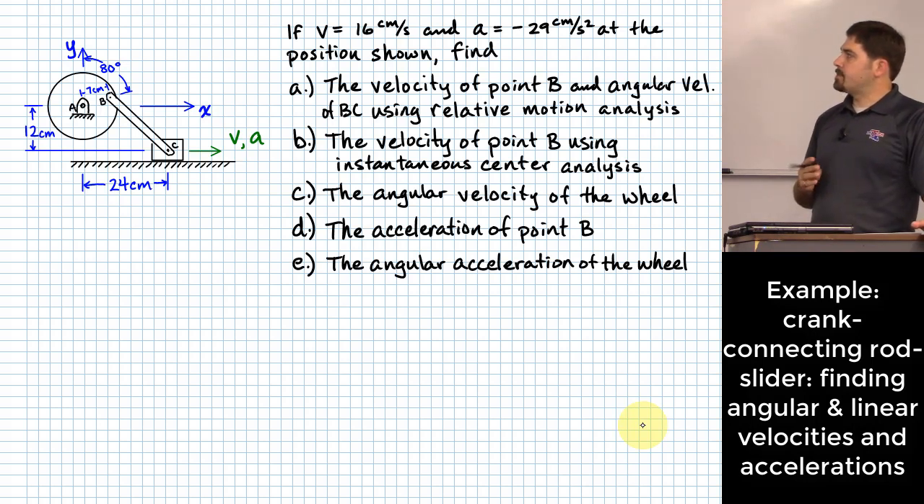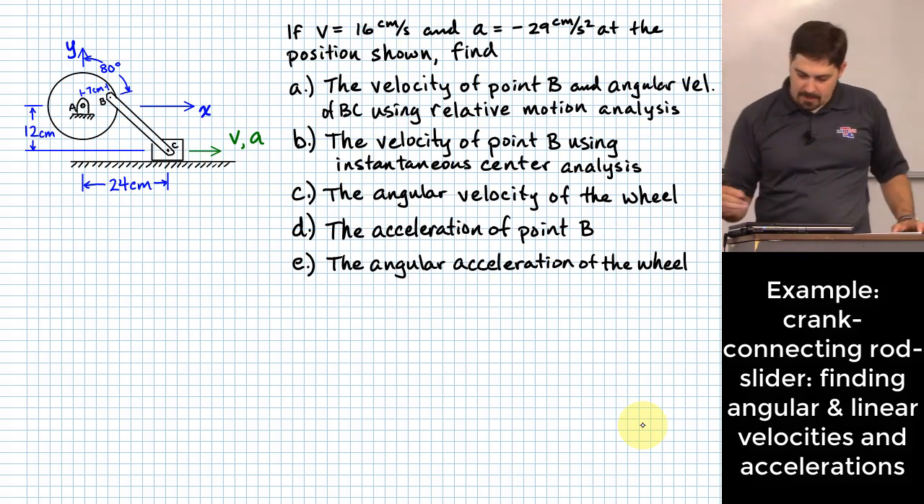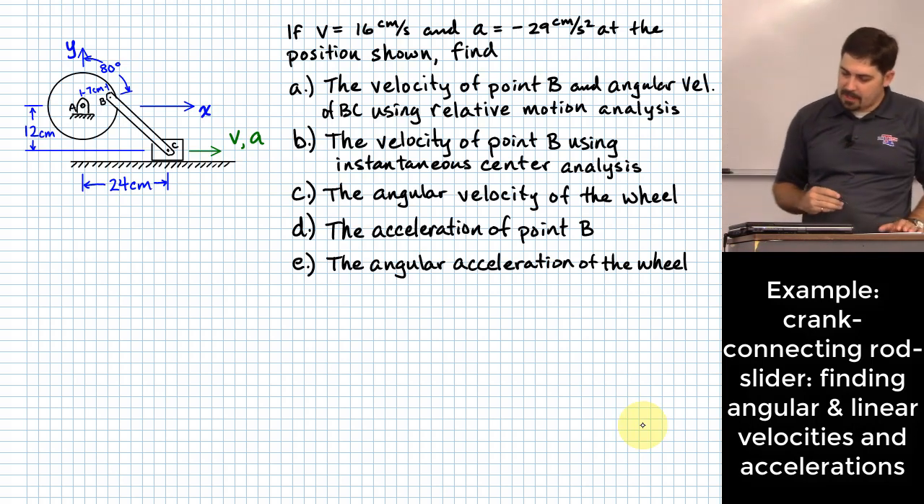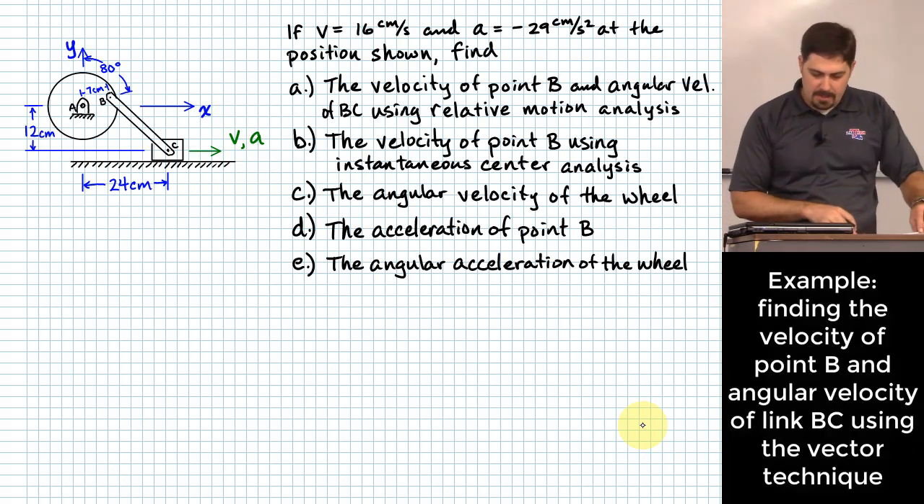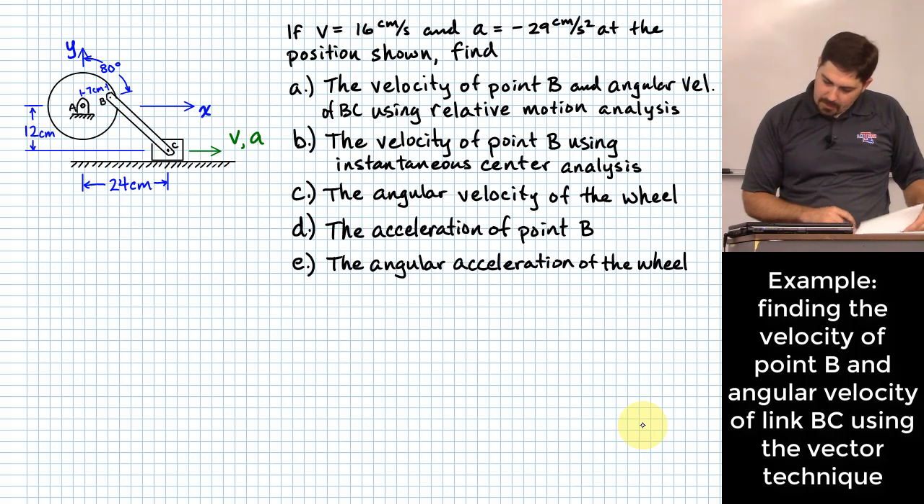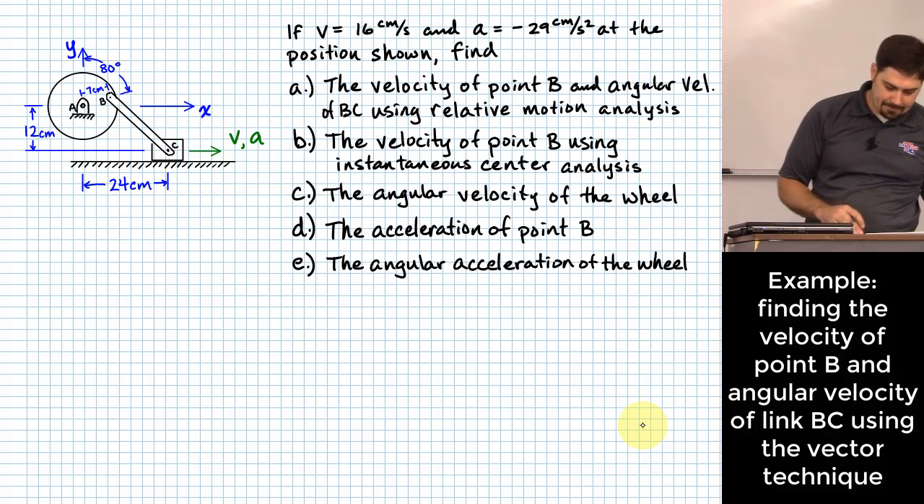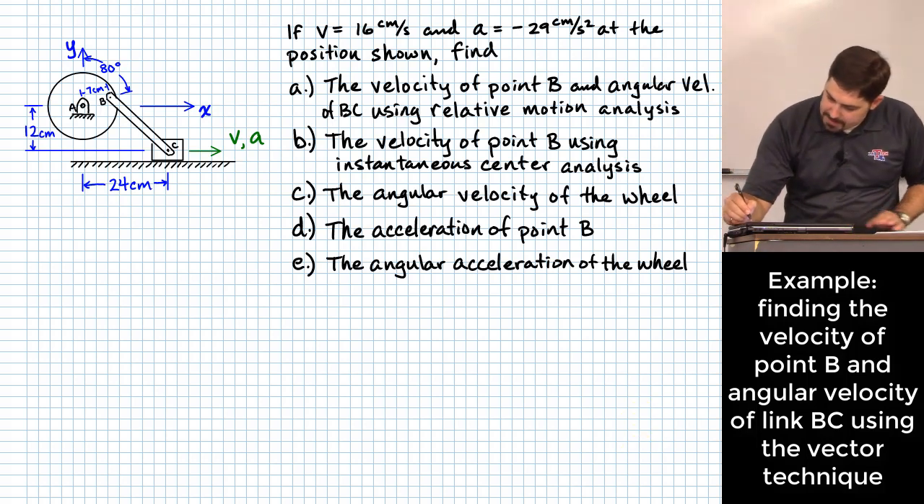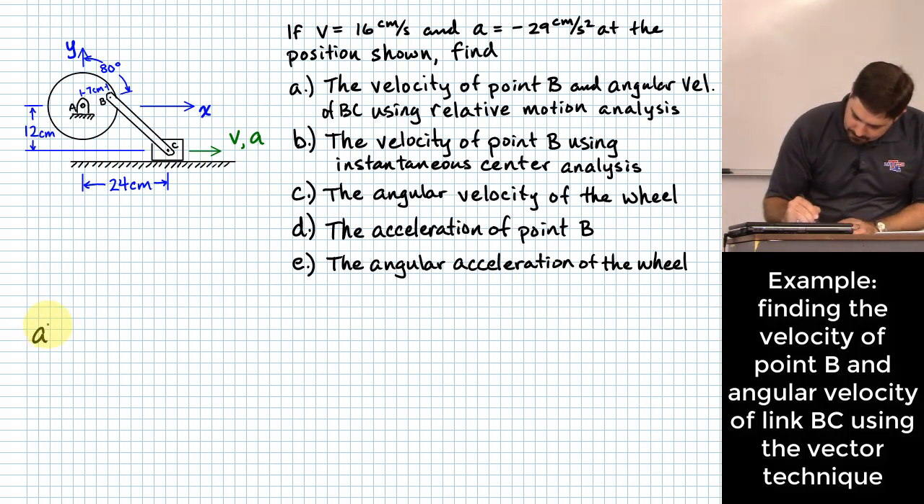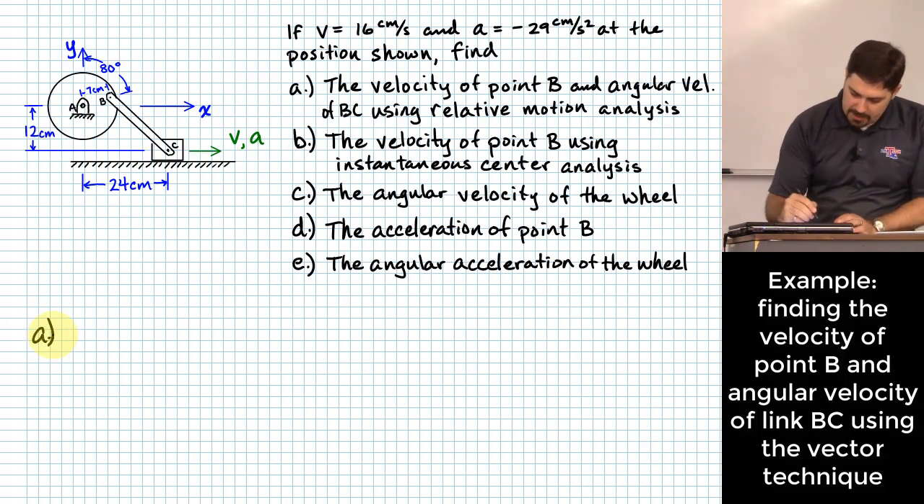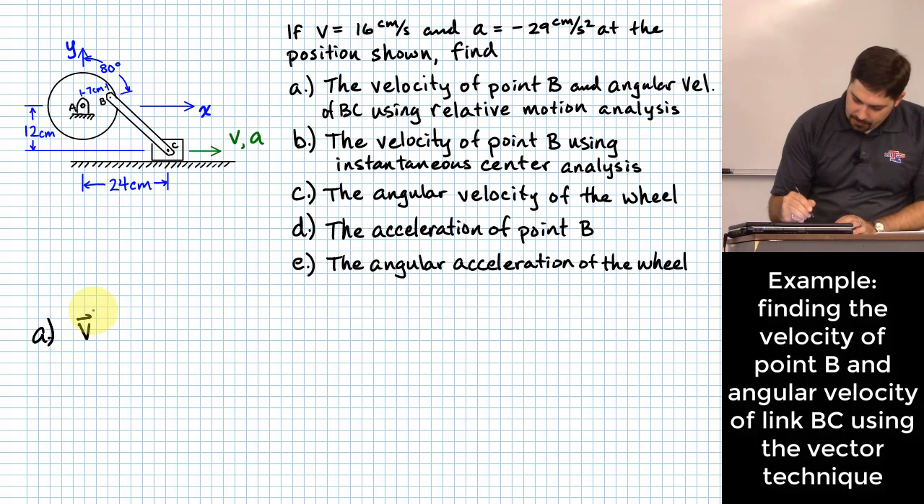All right, so we'll start with part A. The velocity of point B and the angular velocity of BC using relative motion analysis. So here's our basic equation. The basic equation is that the velocity of point B is equal to the velocity of point C, plus